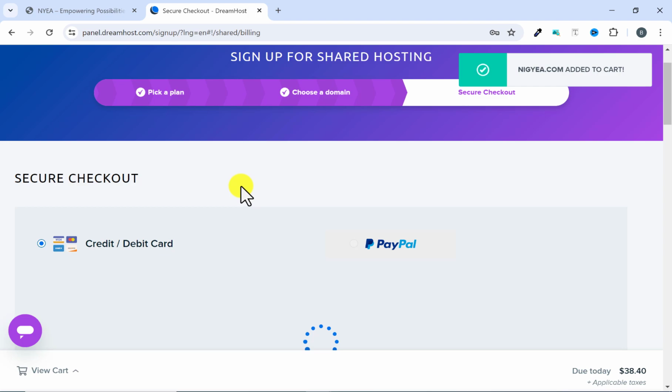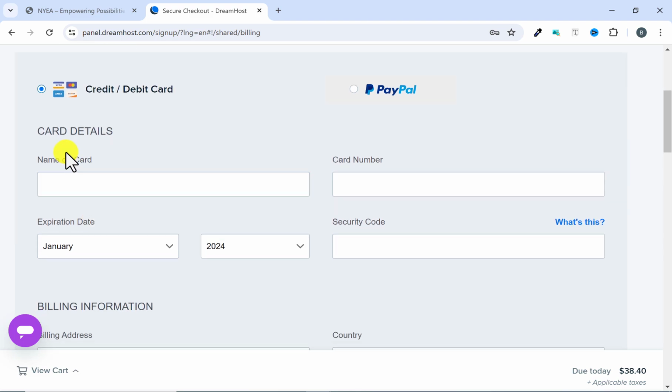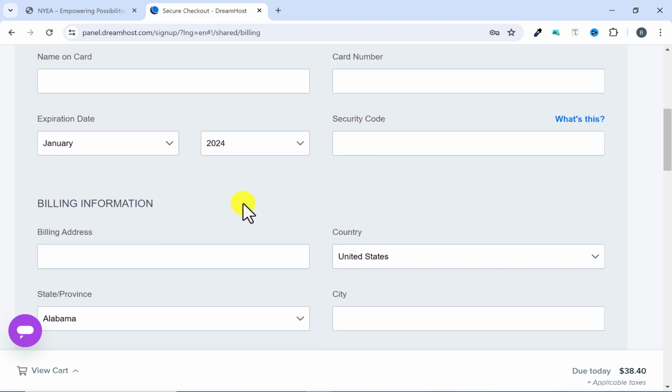Now it brings you to the checkout page, and here you can make payments either with your credit and debit card, or with PayPal. So it just depends on the option you want to use. If you want to pay with your credit and debit card, just come here and put in your card details, like the name on the card, the number, the expiration date, the security code,